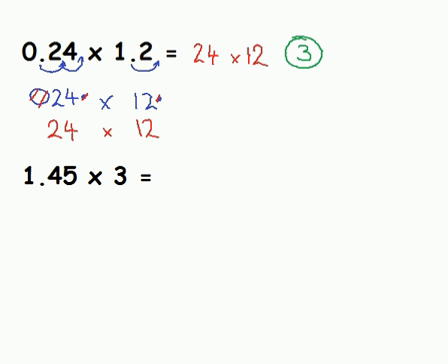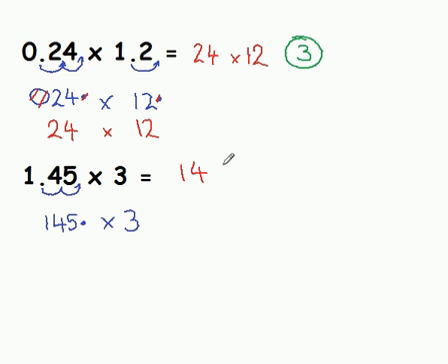Now, having a look at this next sum here, we can see that there's only one decimal number here. That's okay. All it means is I've only got to move the decimal point in one number, and I'll have two whole numbers. So taking the decimal point from this position here, I move it 1, 2 places to make that 145 with the decimal point at the end. And that's multiplied by 3, which I don't need to do anything to because the decimal's already at the end of that one. And so that becomes